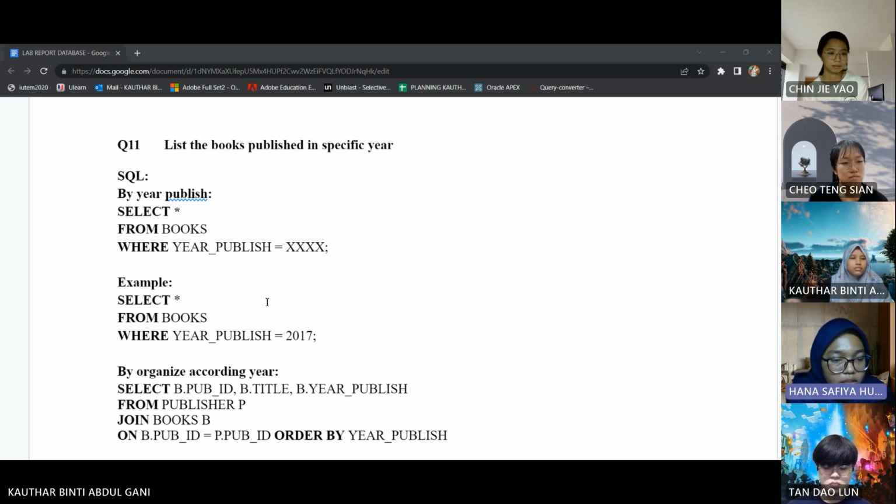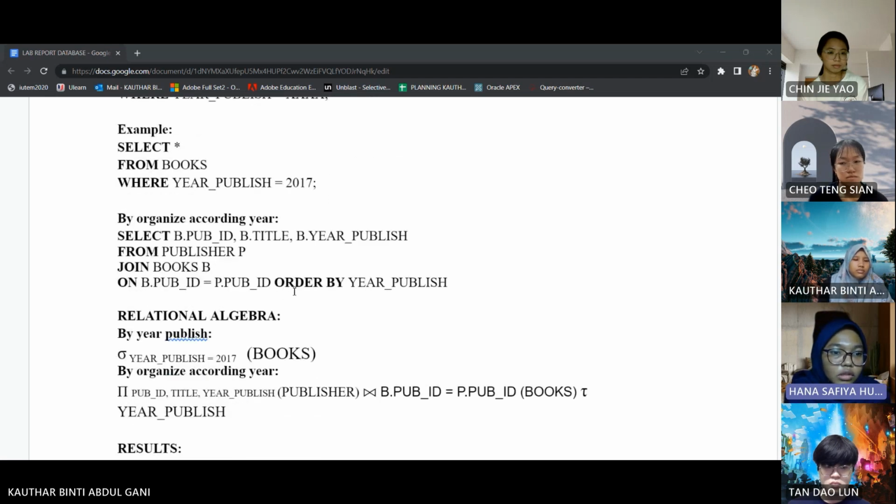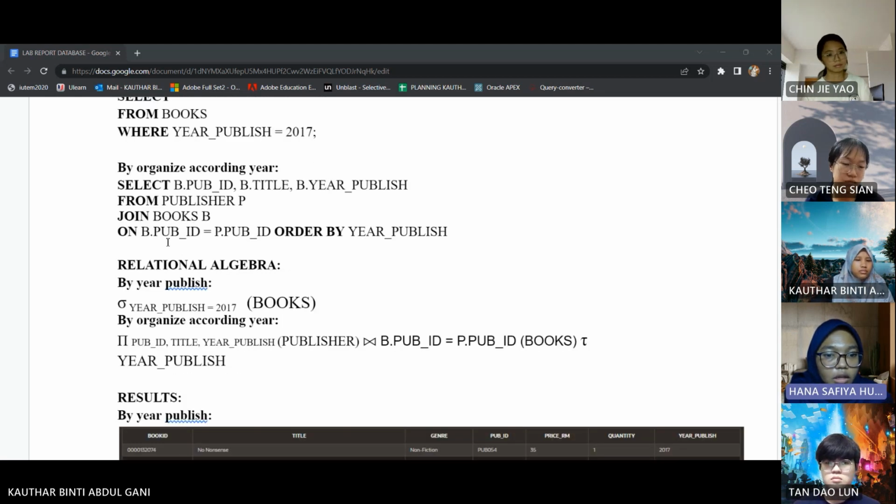As an example, select star from books where year published equals to 2017. The other way that we can do is by organizing according to year. So the SQL will be select b.publisher_id, c.title, b.year published, from publisher P, join table books B on b.publisher_id equals to p.publisher_id, order by year published.